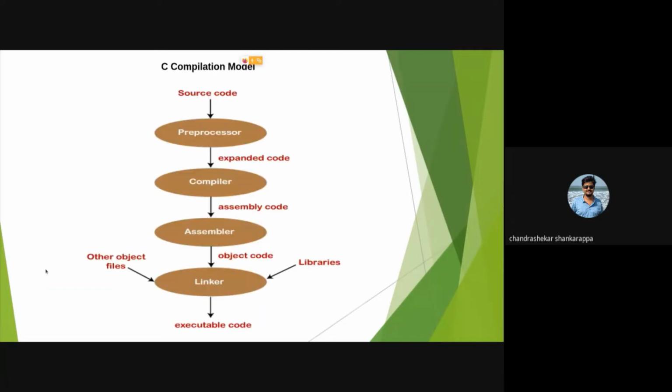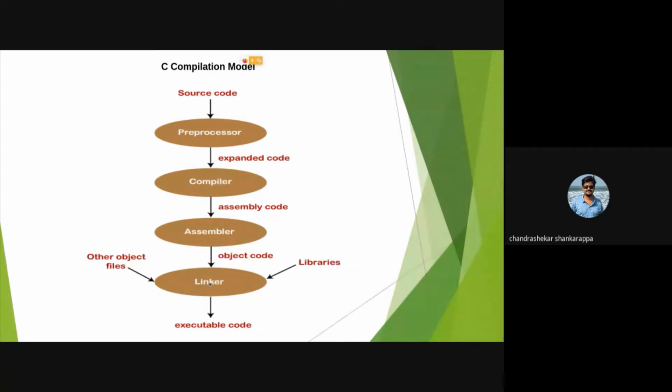I hope all of you are aware of this block diagram. I think this is how the C code gets converted, right? Source code, then the preprocessor converts it, includes the header files and does the pre-processing, and then the compiler comes and then assembly gets executed. What I'm trying to tell you is this linker part of the thing. Okay, in the linker part, what happens is